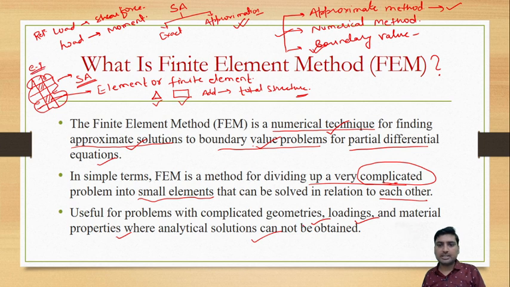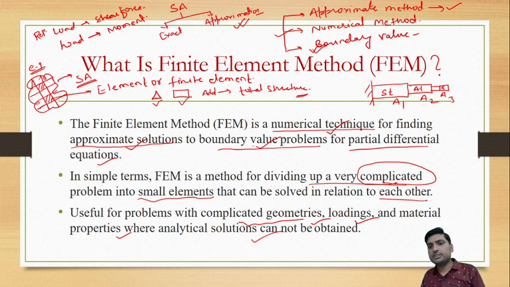You can see this is the example of complicated geometry. So if complicated geometry is there, we can go for FEM. Complicated loading condition is there, then obviously we can go for this FEM. If material property is changing continuously, suppose we have a bar element like this, and continuously that material property is changing, means this is your steel, this is aluminium, suppose this is iron, okay, area also changing. Let's take this is A1, this is A2, this is A3.